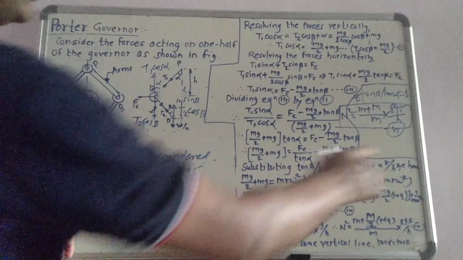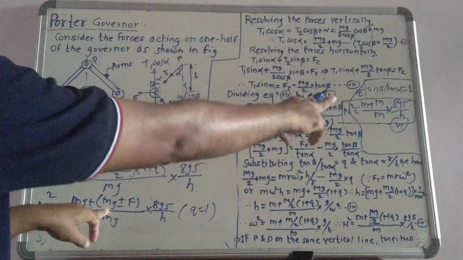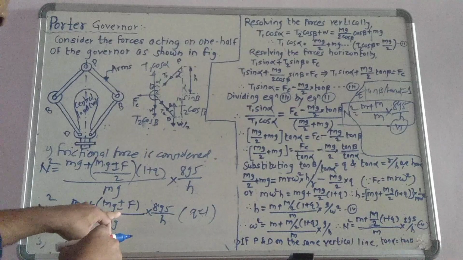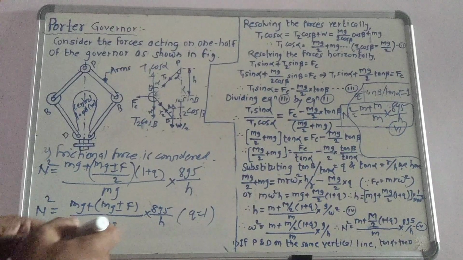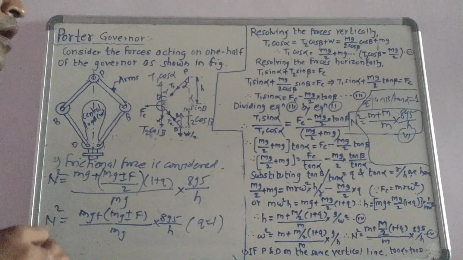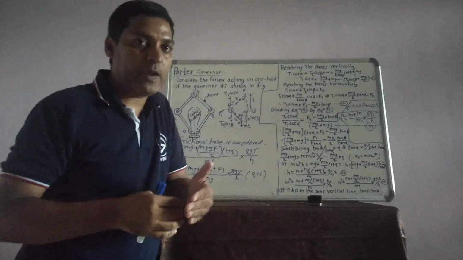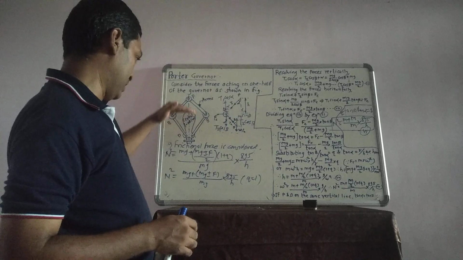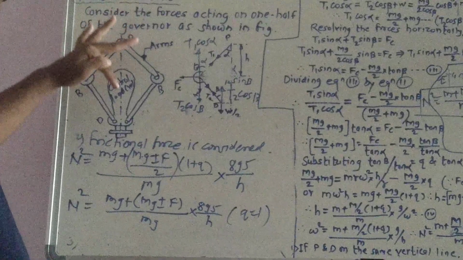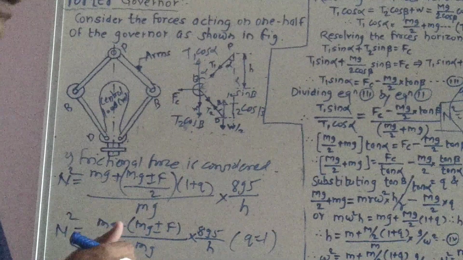Now if we focus on equation number 6, only change occurs here. Okay, so you have to just add plus minus this one. You have to add the value of this one force here, that is the frictional force. The direction of the frictional force, or the value of the frictional force F, needs to be considered positive or negative depending upon the motion of the sleeve. If the sleeve moves in vertical upward direction, then the frictional force will act in downward direction, and you need to consider the plus sign for that. Whenever the reverse case happens, then you need to consider the negative sign for the same.